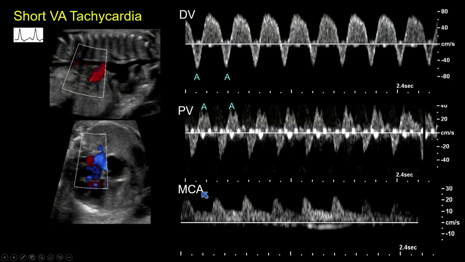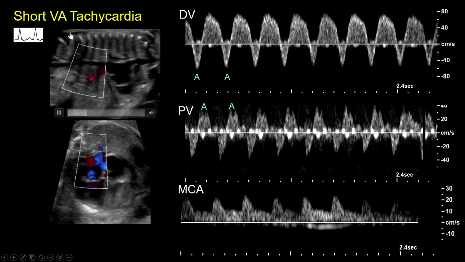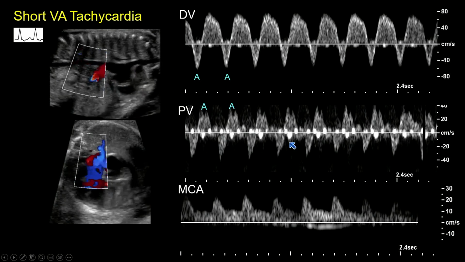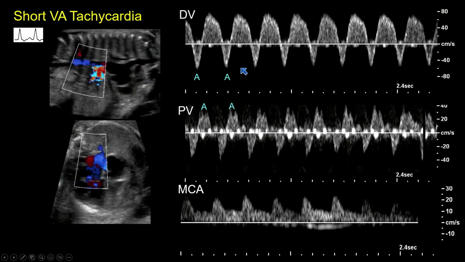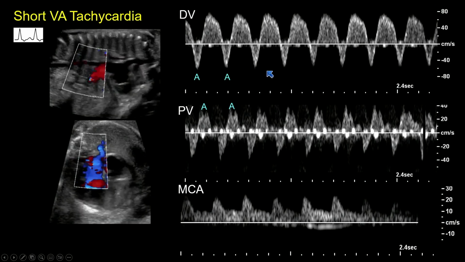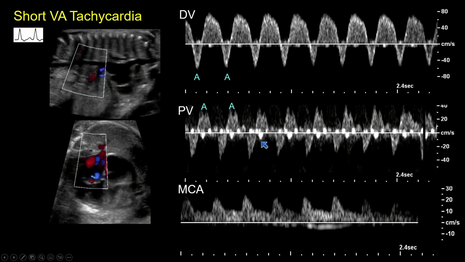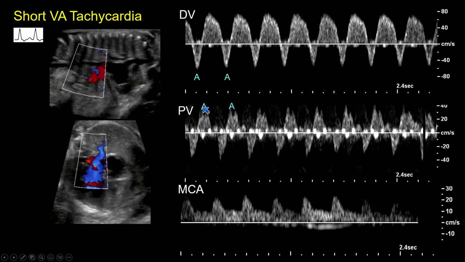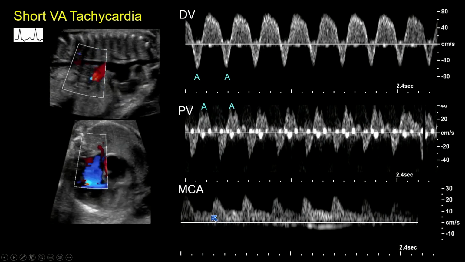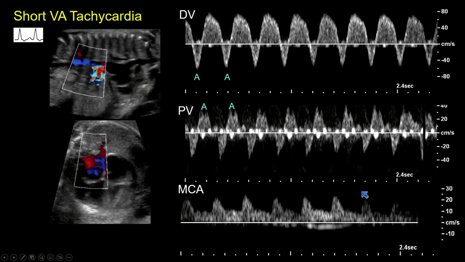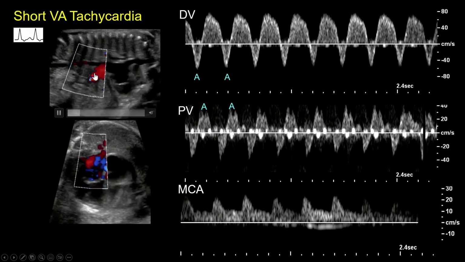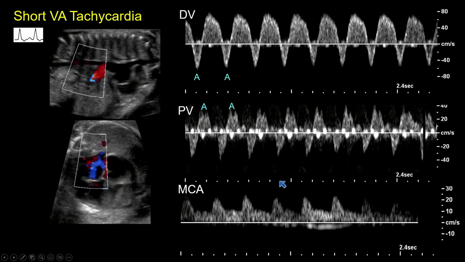That's just shown here. I mentioned that I neglected the Doppler a little bit, but it is extremely useful, because when the atrium contracts immediately after the ventricle, you get a lot of A wave reversal. This is the typical flow pattern in the ductus venosus of an AVRT. It's almost pathognomonic. You can bet this is an AVRT. Look at the pulmonary vein, same thing happening. So the ventricle can't fill because it is contracted. The MCA Doppler is very irregular, and you can see by eyeballing the red and blue flow in the pulmonary veins and the